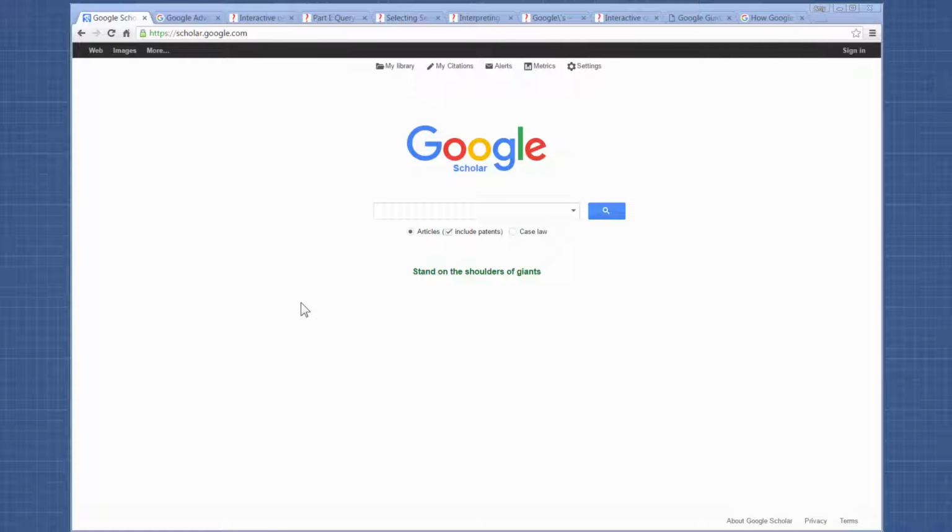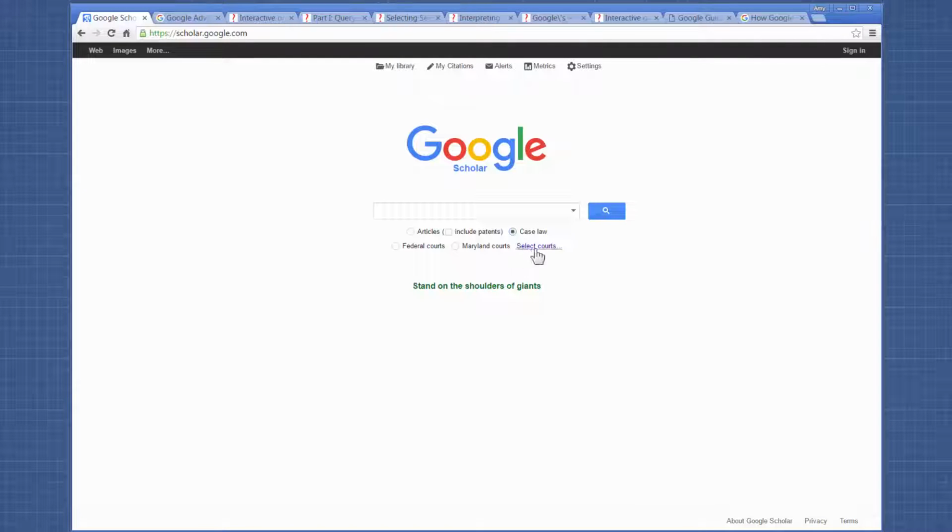In today's tip, I want to show you some tips for searching in Google. So the first thing I want to show you is Google Scholar. You can just Google it, and you'll find Google Scholar. So here's the opening screen, and in this example, we're going to click on Case Law, and then we're going